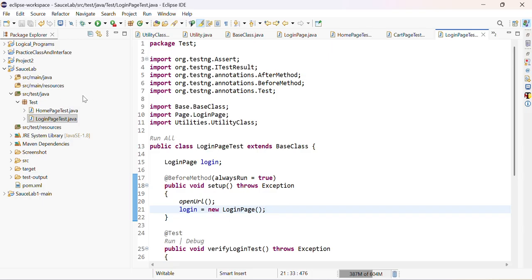For example, if we have to execute both the test cases at a time from home page test and login page test, what we have to do is select both the classes. So I will explain how to create the testng.xml file. First of all, we have to select the number of classes from which we have to create the testng.xml file, right? So select the classes,